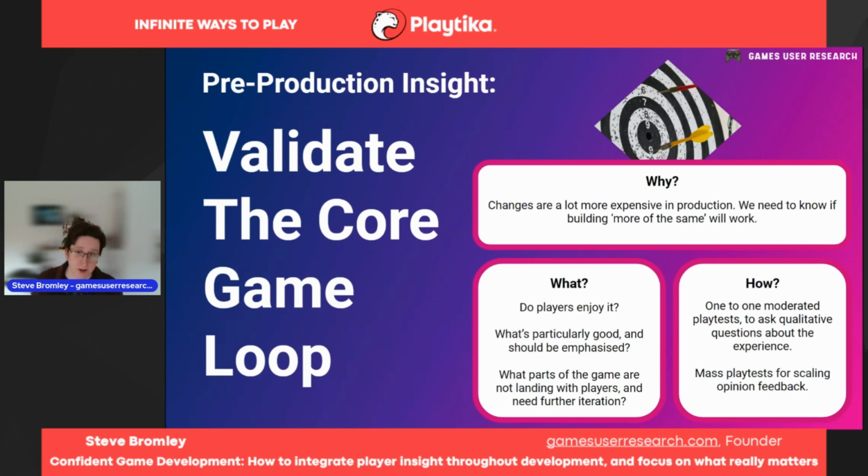We might use surveys to ask some questions and start to scale the qualitative feedback we've heard, but building up that combined qualitative and quantitative understanding of your users at this point will mean you're confident when you're in production that you are building something that players will like when you go further.